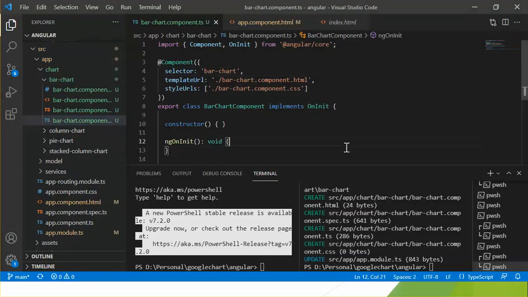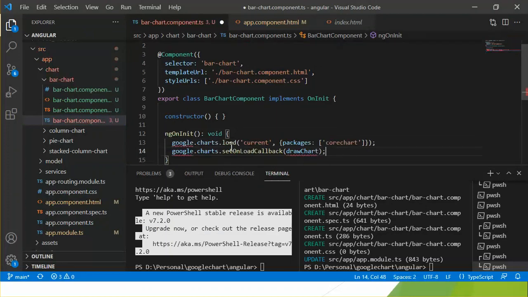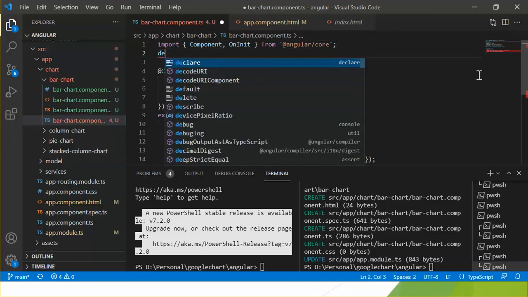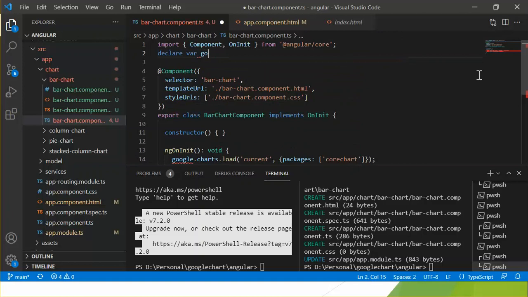I'm adding the loader code here under the ngOnInit method. Google is an unknown property here, so I need to declare Google as a global variable. So here: declare var google: any.